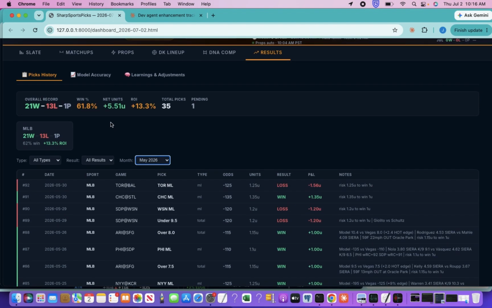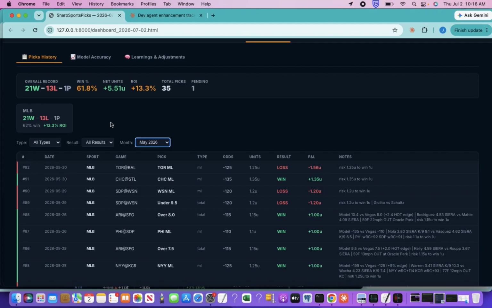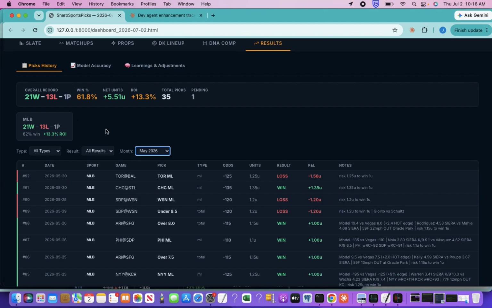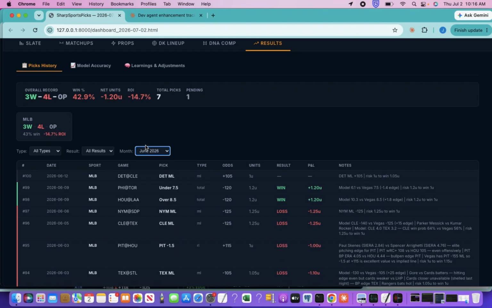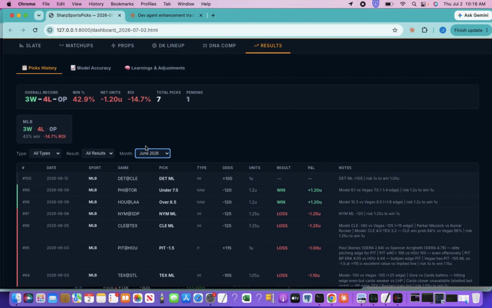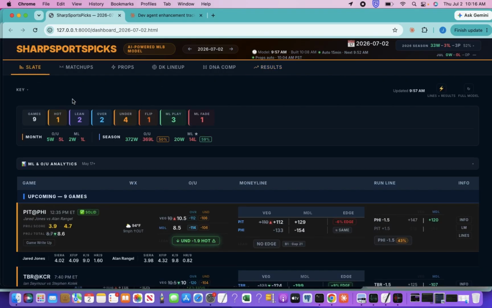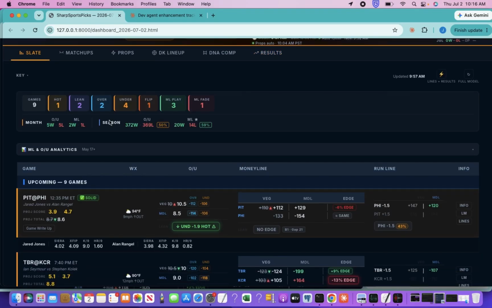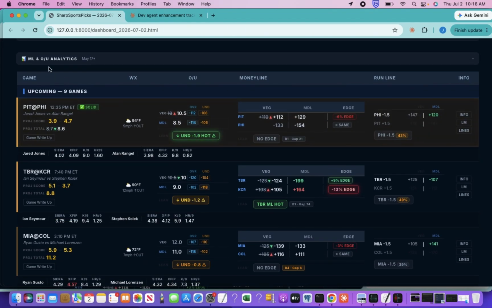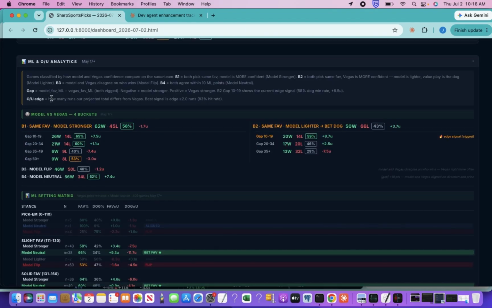We had a solid May, placing picks, but that was me seeing what the model had and then doing my own research from the site and then making picks. So in June, I wanted to take a step back and see, all right, what data can we pick up from the model? That's what I worked on most of June. So what I did was,